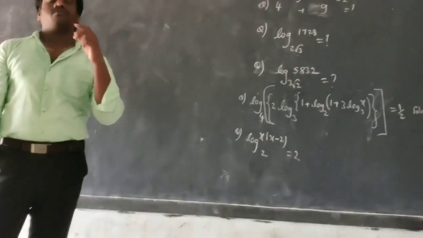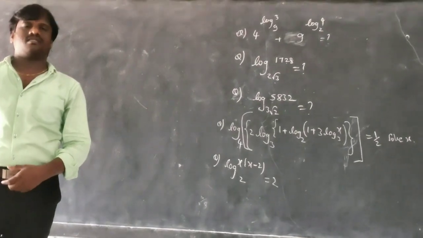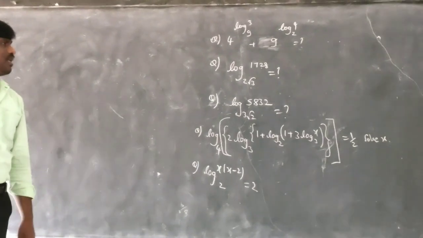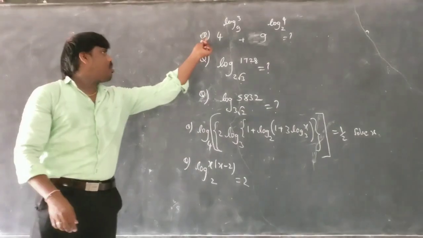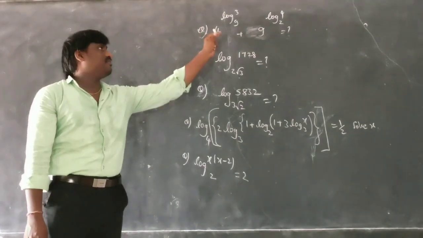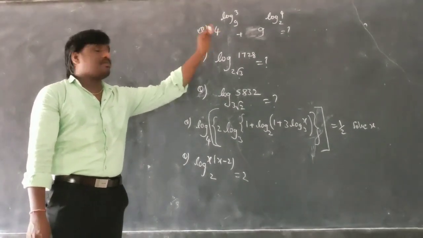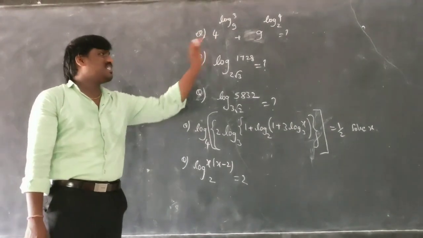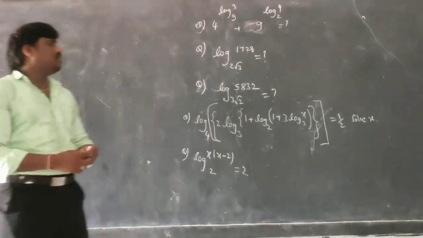We'll do a few more properties and problems tomorrow. Let us discuss these questions if you have any doubt. And this question we'll do tomorrow, because there is another property involved. This property I will explain tomorrow, and at that time I will explain how to solve this. It's an easy question. Let's see this question.